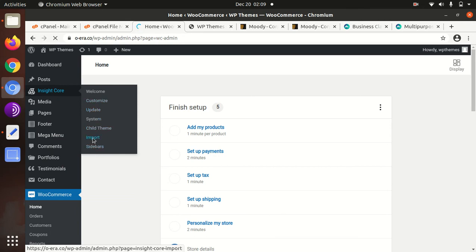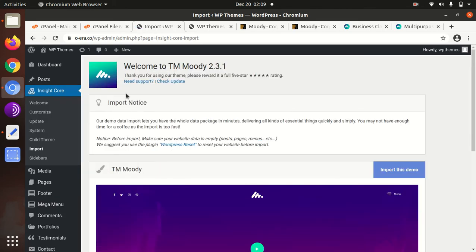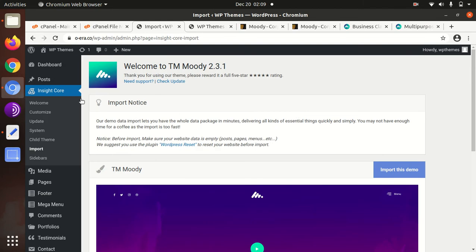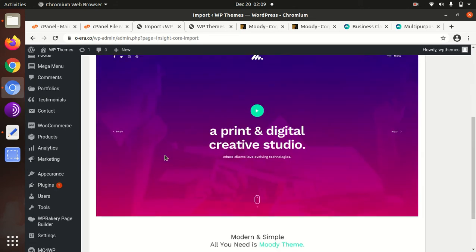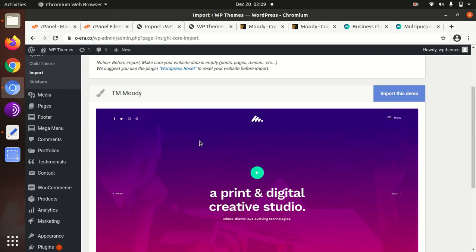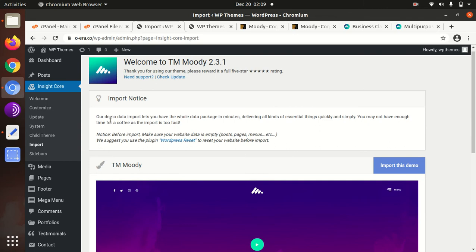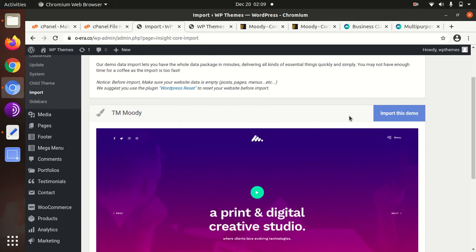So in Insight Core, I just click on Insight Core. So import this demo is here. The demo import option is available in the Insight Core section, and there is an import button, an import link. So this is the main demo, or import data. So I'm just importing this demo,